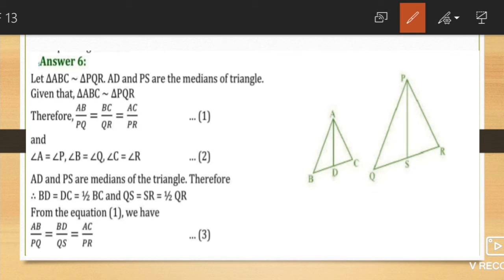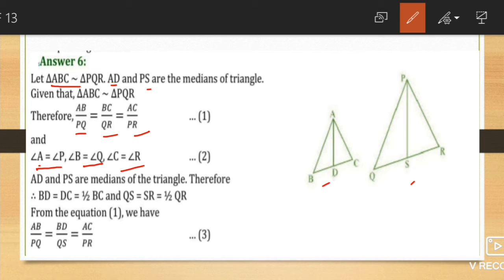So here, given that triangle ABC is similar to triangle PQR, AD and PS are the medians. Since triangle ABC is similar to triangle PQR, the ratio of the corresponding sides will be equal. That's why AB by PQ is equal to BC by QR is equal to AC by PR. Also, since they are similar, their corresponding angles will be equal. So angle A is equal to angle P, angle B is equal to angle Q, angle C is equal to